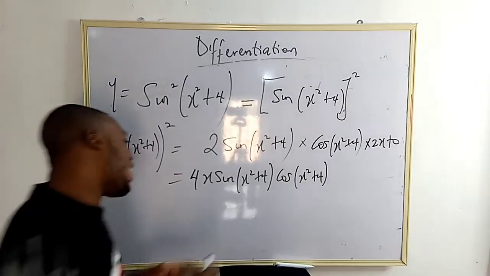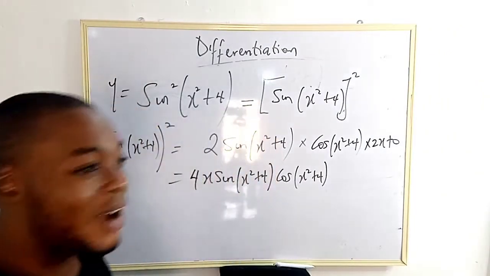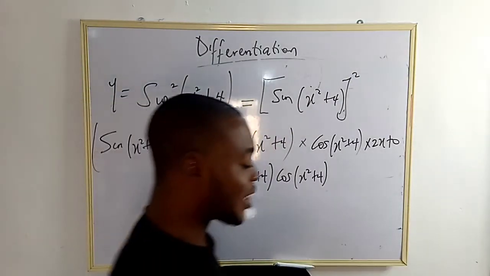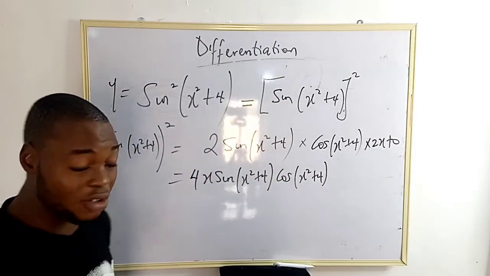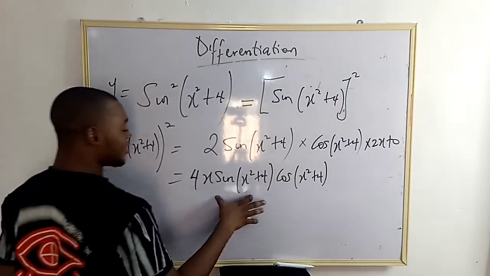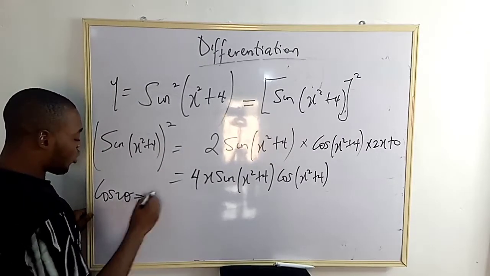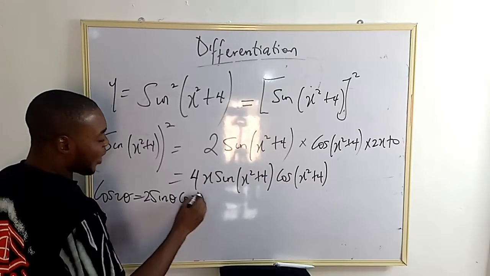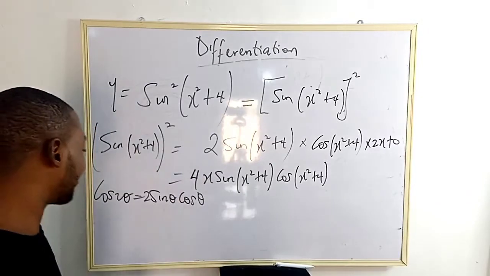So you can leave it like this, or if you are very versed in trigonometry, remember we have what we call the double angle formula: sin 2 theta equals 2 sin theta cos theta. We have the half angle formula, double angle formula like that. So if you remember that,